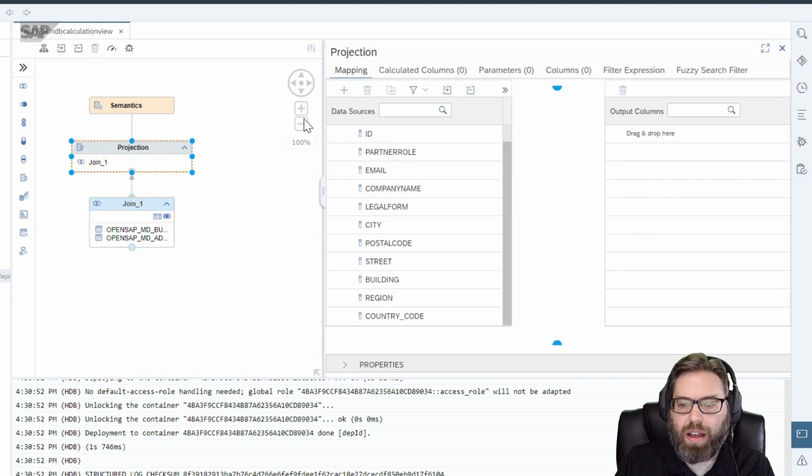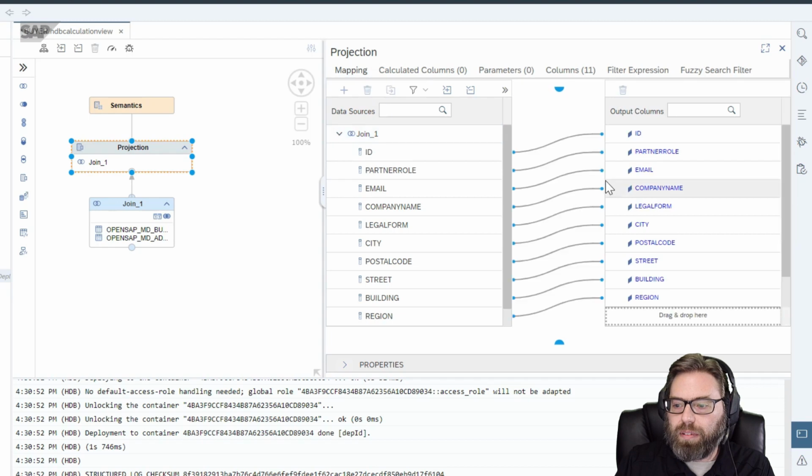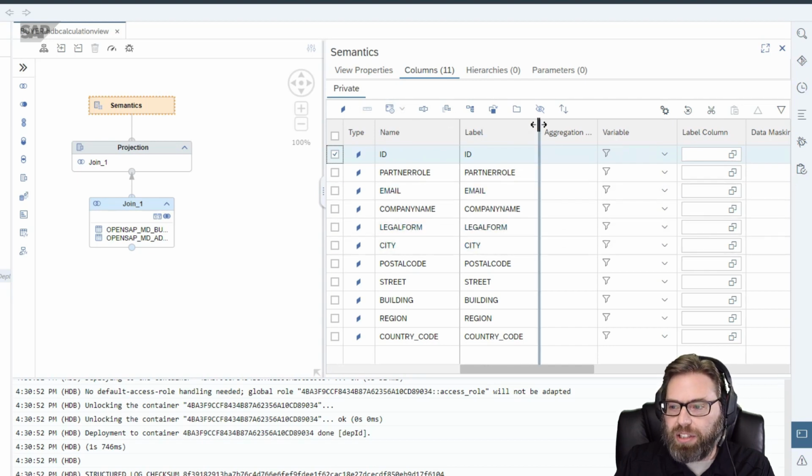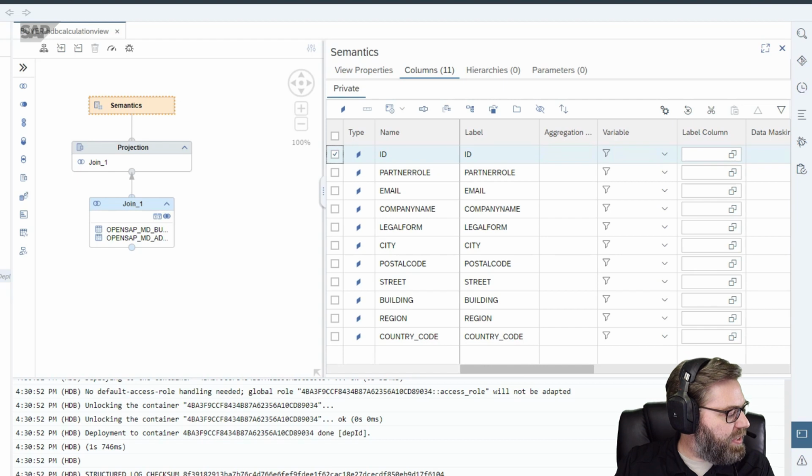Then we're going to move all that up into our projection. And at the projection level, we're going to say, let's add all the columns over. There we are. And then I think at the semantic level, we're just going to check it. Yeah, I think we're good. I think this is a pretty simple calculation view. I didn't want to go deep into the concepts of calculation view modeling. That isn't really the purpose of today's exercise, nor is that